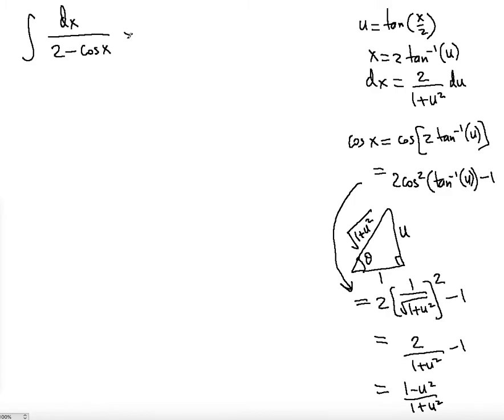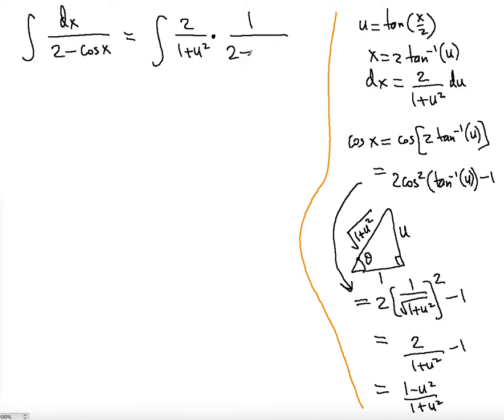Great, perfect. Now that we found all the correct substitutions, we can actually do the work. So the dx is 2 over 1 plus u squared, and we'll put the du in the end, times 1 over 2 minus cosine. Cosine is 1 minus u squared over 1 plus u squared, du. We can take the 2 out, and then we have 1 over 1 plus u squared times